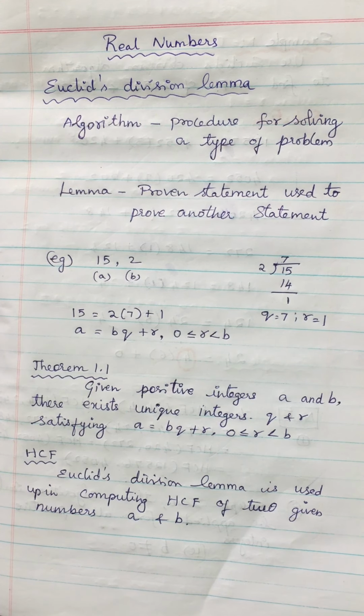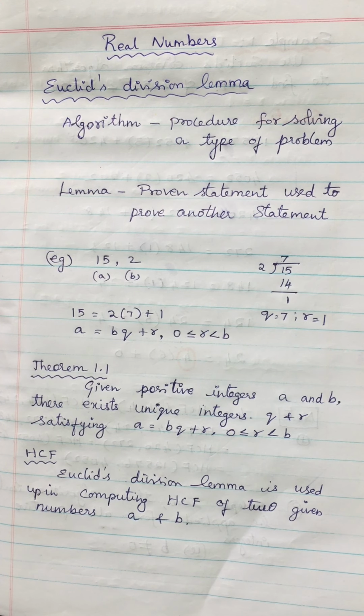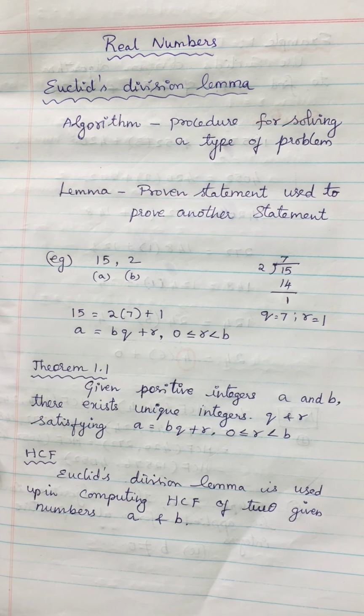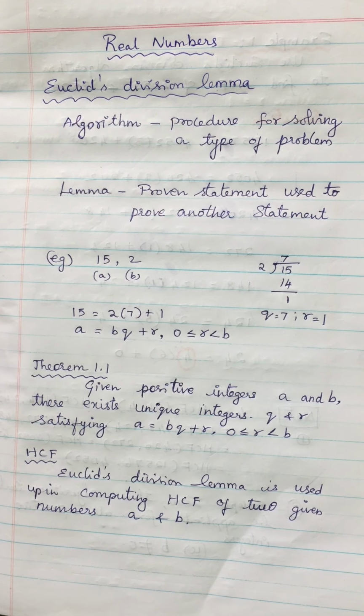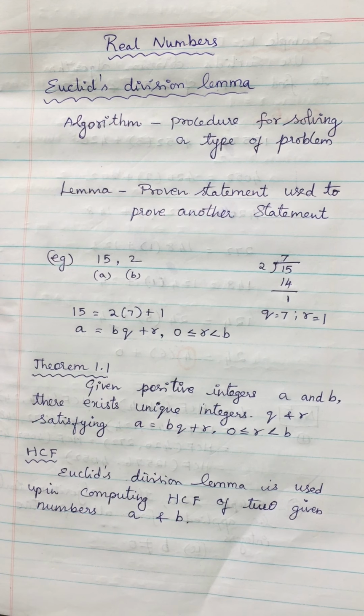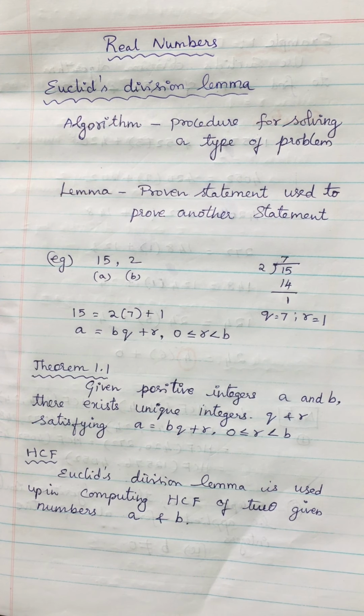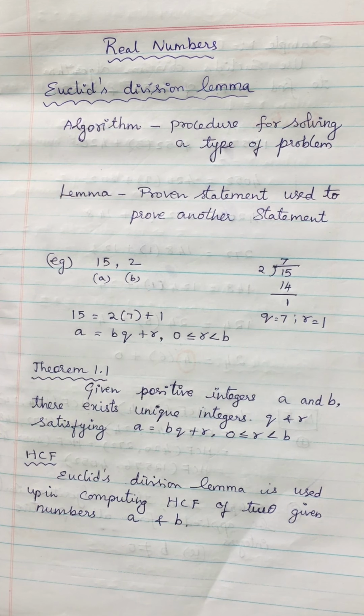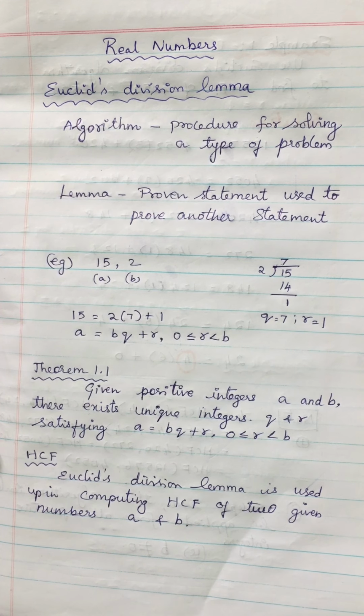So today you are going to see about real numbers, chapter 1, which is coming in the 10th standard NCERT mathematics book. Chapter 1, real numbers. Today you are going to see the theory part, or the concept behind your exercise 1.1, and explanations related to the examples before doing your exercise 1.1.